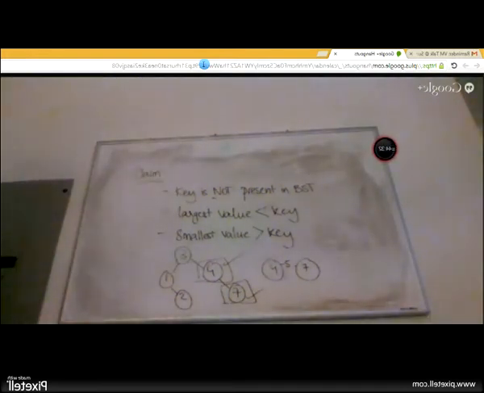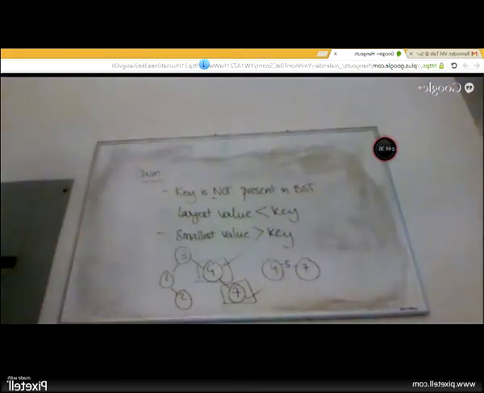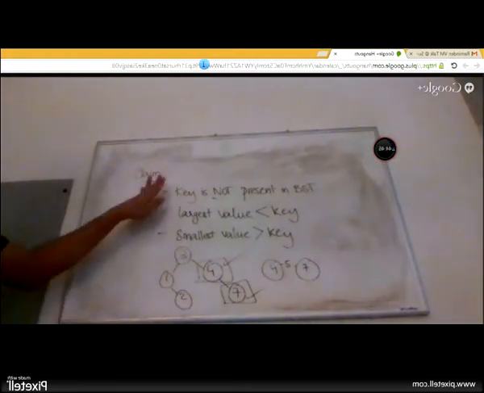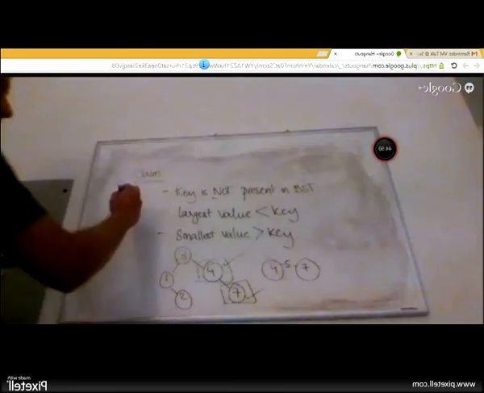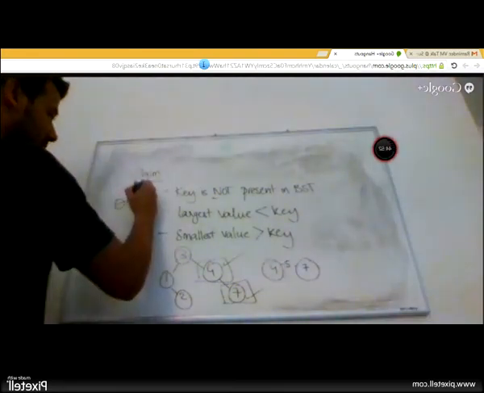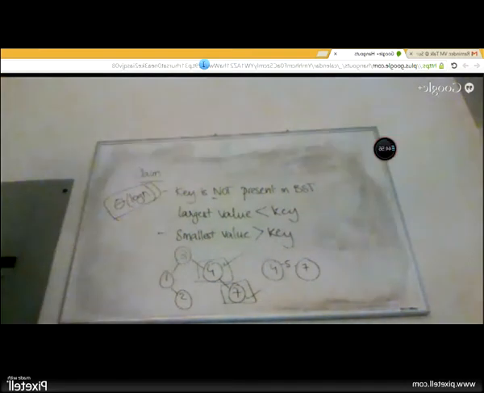So this takes care of another popular interview question where people ask you to find out a key, and if it's not present, give me the next closest value. And remember that irrespective of whether a key is present in a binary search tree or not, this takes log n time. So you have essentially solved this problem in log n time, even if a key is not present, and you have answered these two questions.